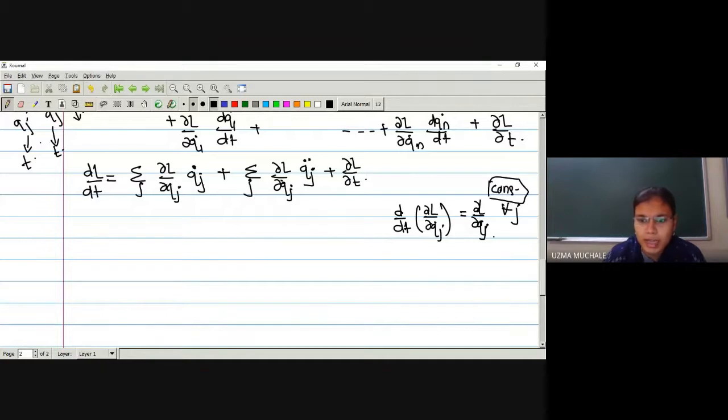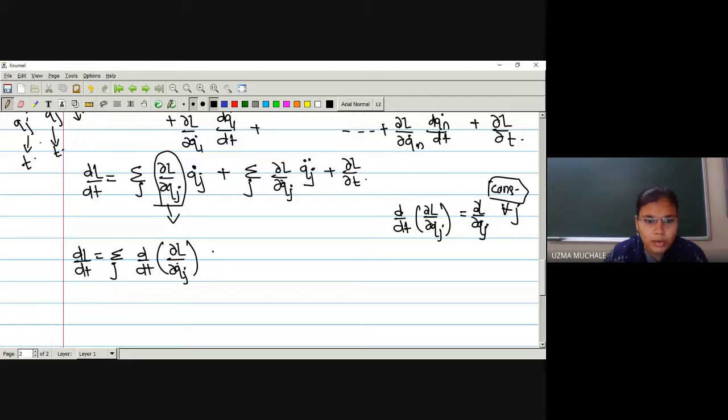Actually, we are going to use our Lagrange's equation of motion. Dou L by dou qj is equal to d by dt of dou L by dou qj dot. So in this term, we take the value of dou L by dou qj from the Lagrange's equation of motion. We write dL by dt equals summation over j, d by dt of dou L by dou qj dot into qj dot, which we keep as it is. We have replaced the first term. What is the second term? Summation over j as it is, dou L by dou qj dot into qj double dot, plus